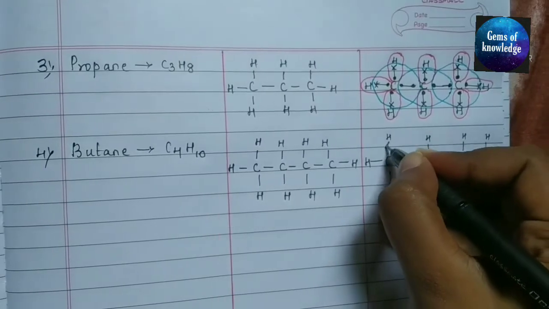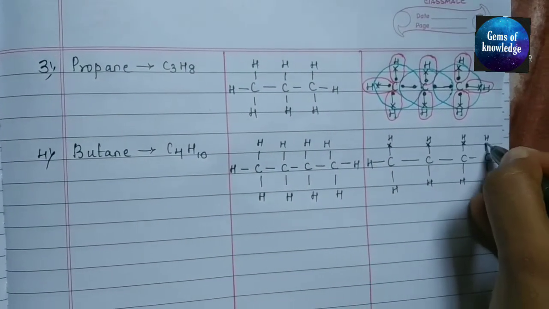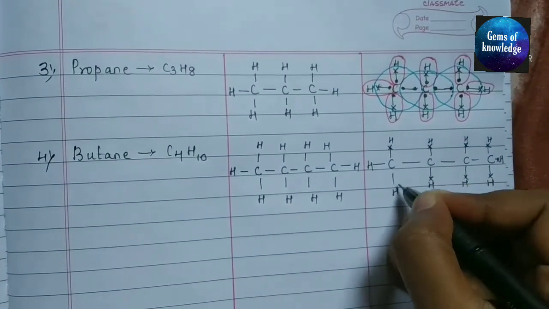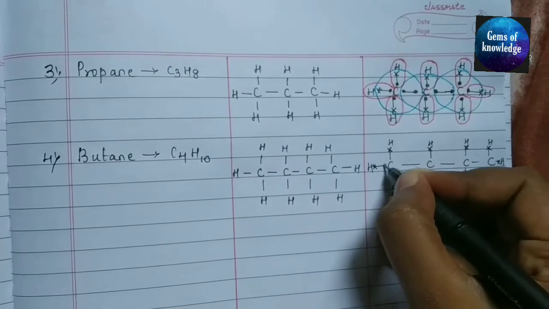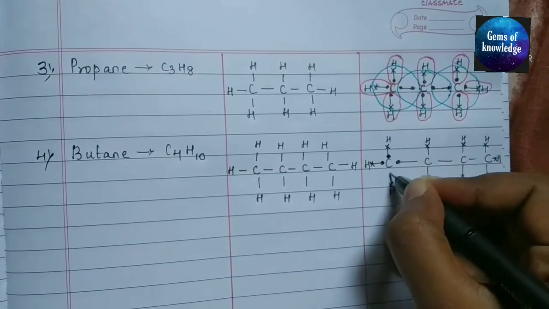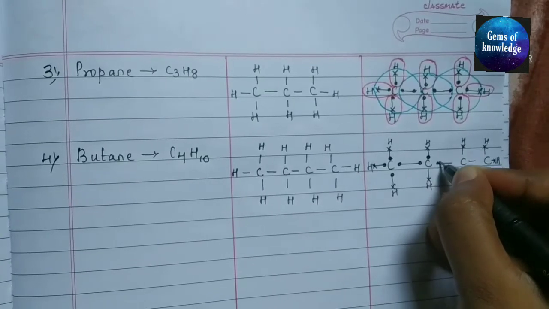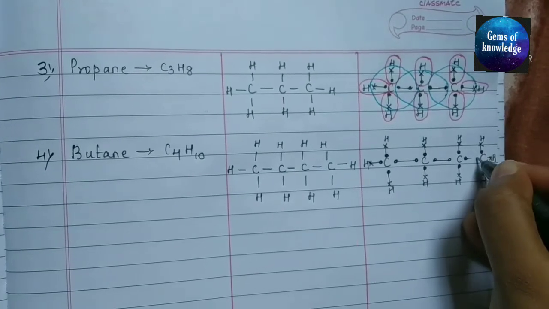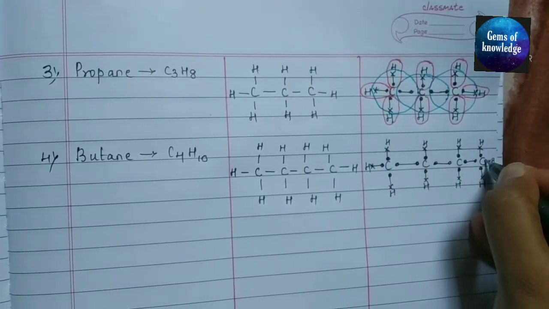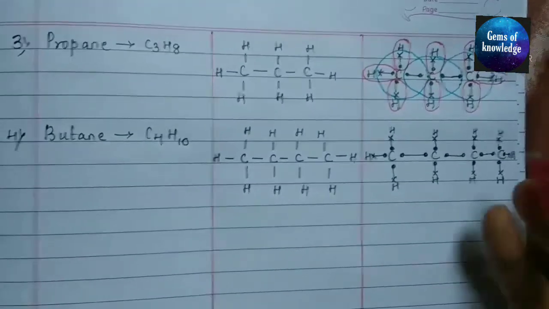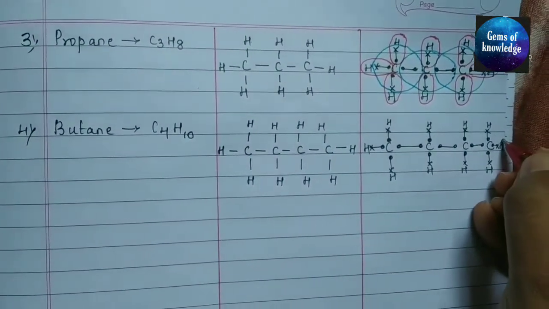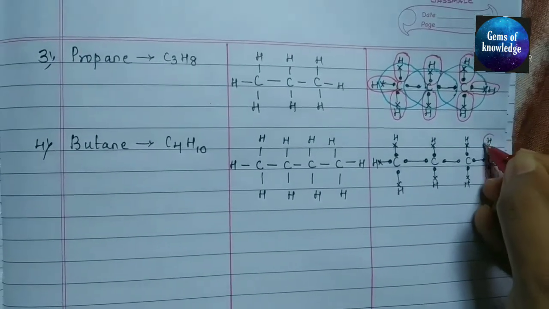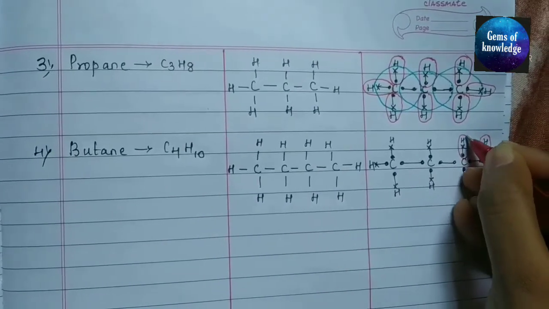Okay, so this is marked as X. The nearer one will be marked as dot. Okay, next. Here hydrogen will form a bond like this. Here also like this, with 2 electrons.